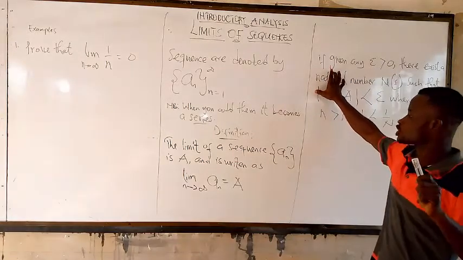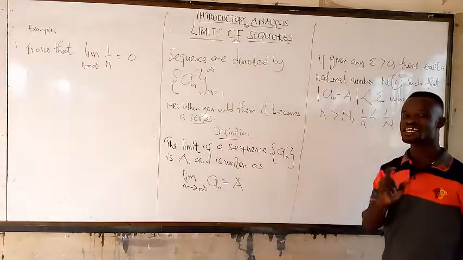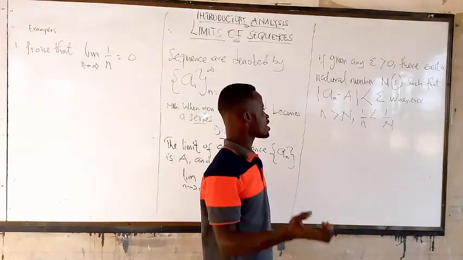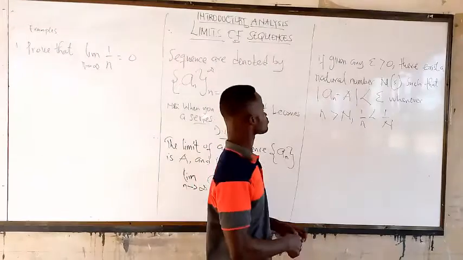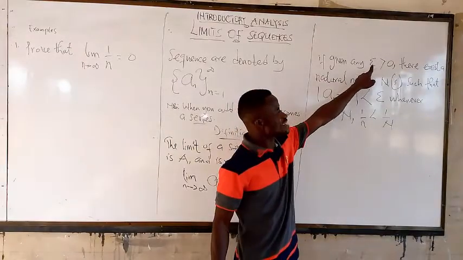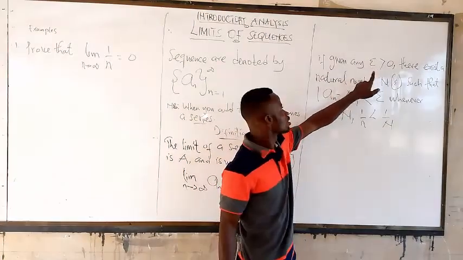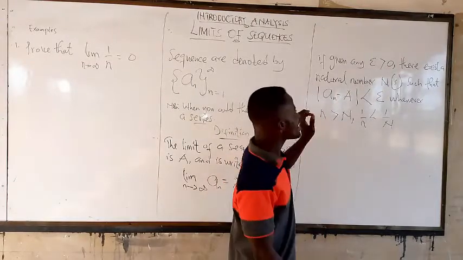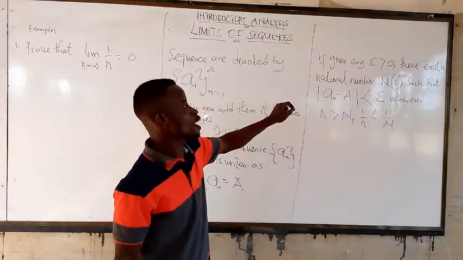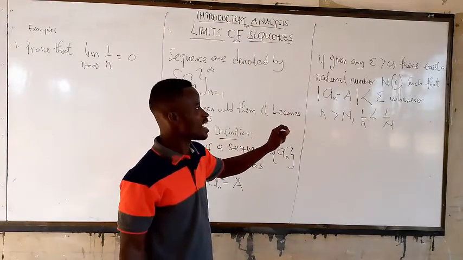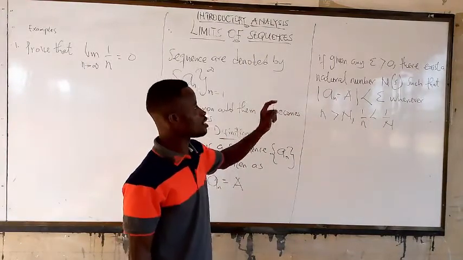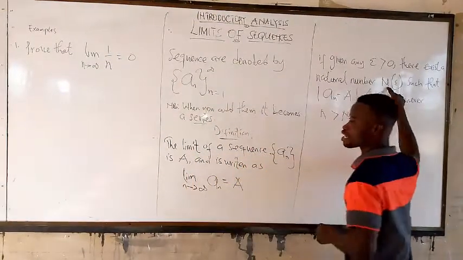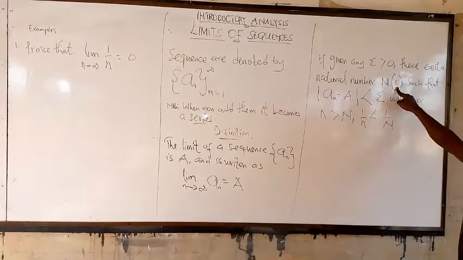This is the definition for any sequence, that is a function in terms of n. Given any epsilon greater than 0, there exists a number, not just any number, but a natural number N, where N is in terms of epsilon,